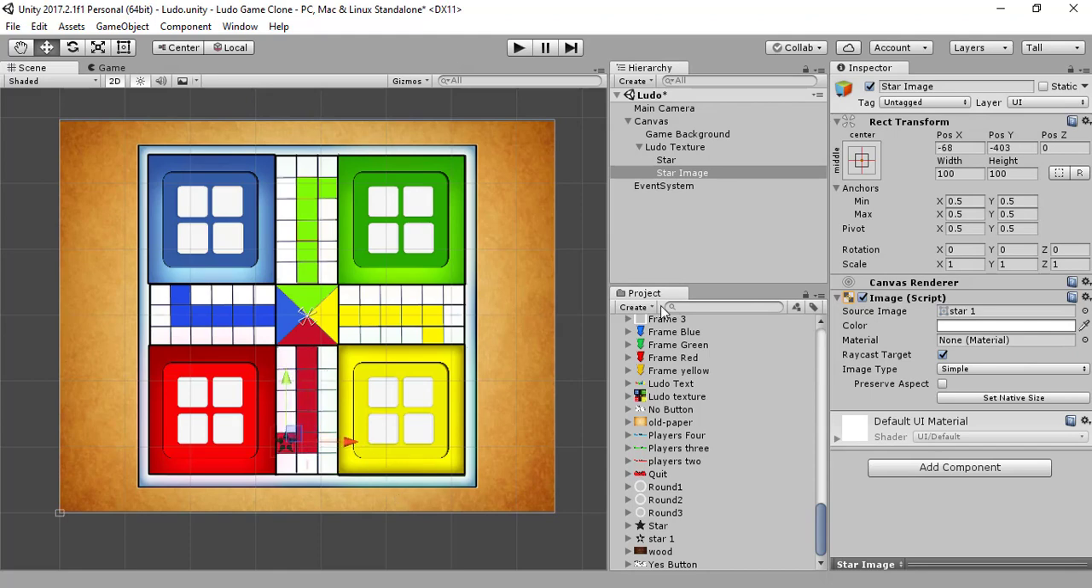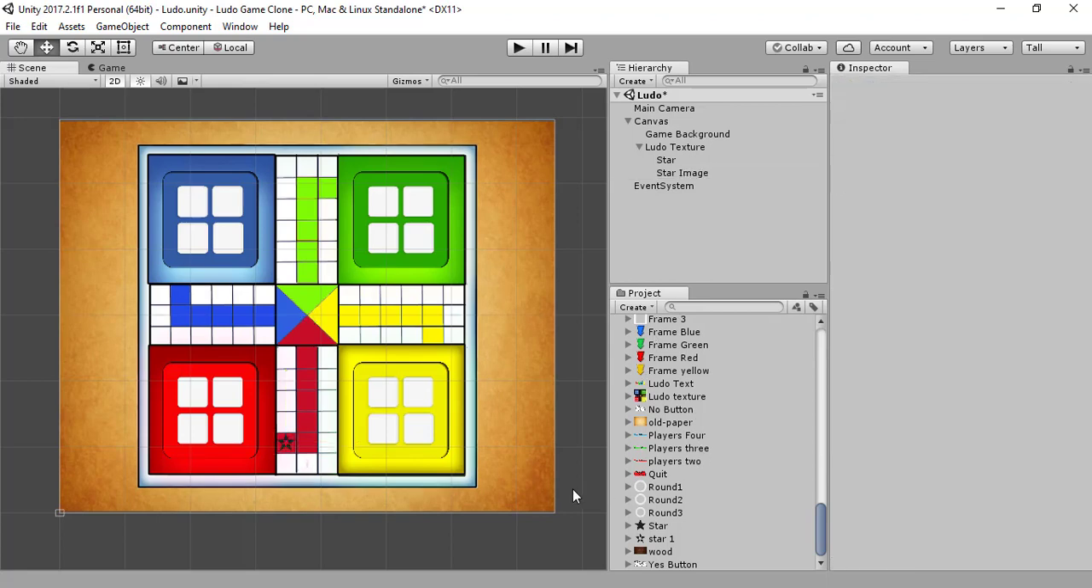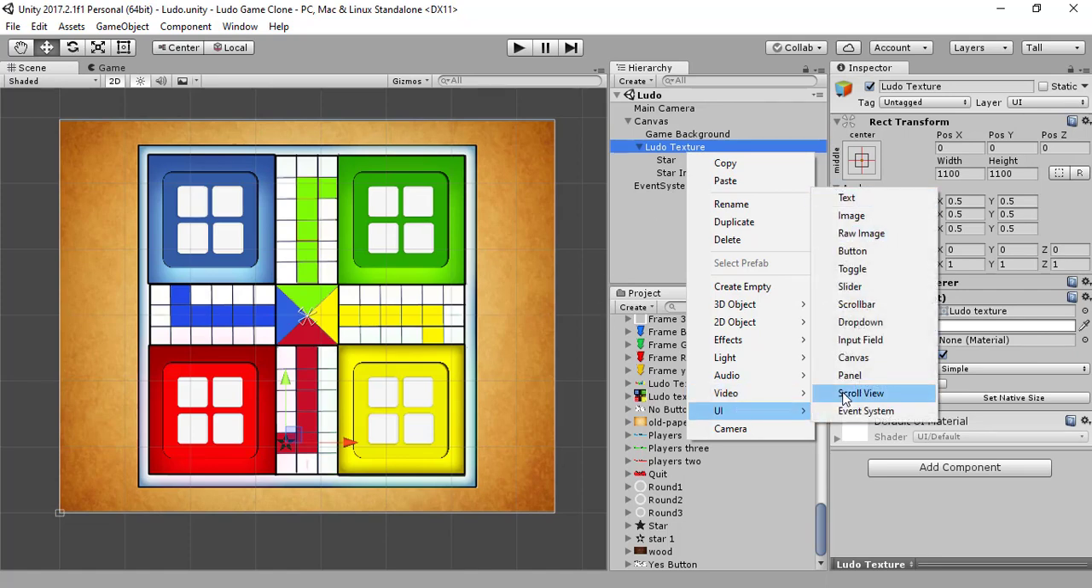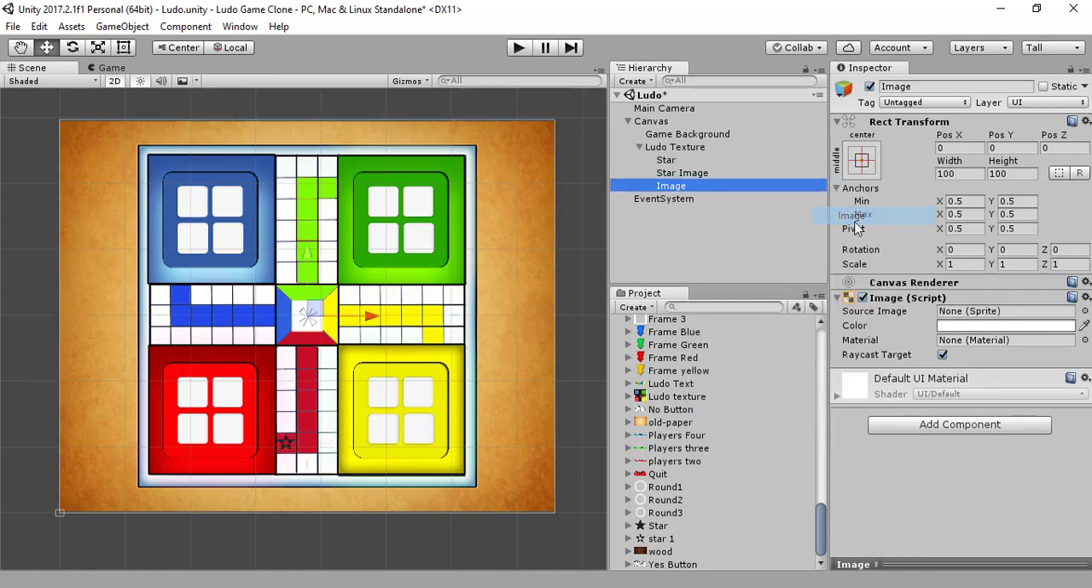So this is going to be our star, and let's make it a bit smaller, not that much. 80 and 80. I think it's fine. Okay, and let's create another image. I will now repeat this process. I will duplicate this image then,